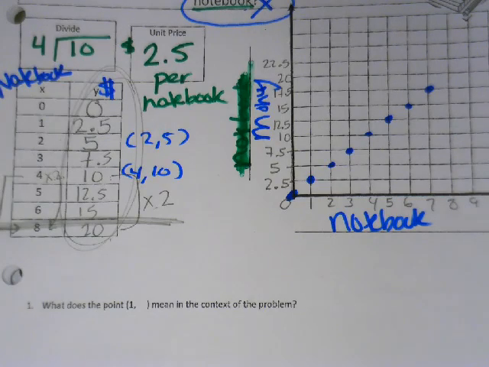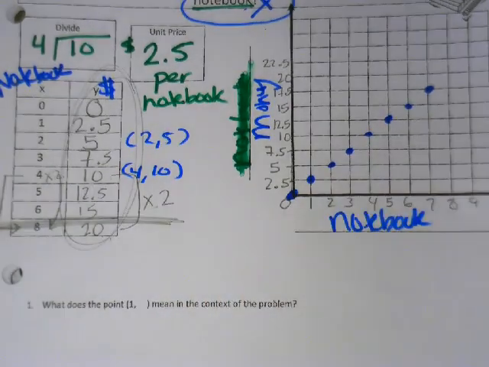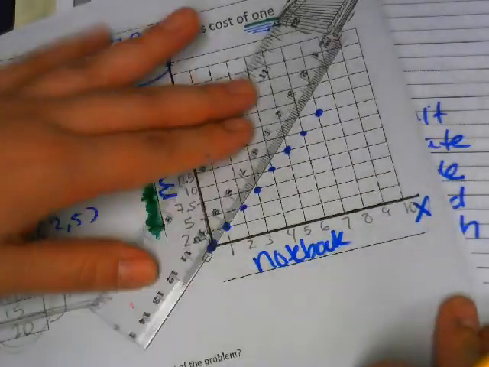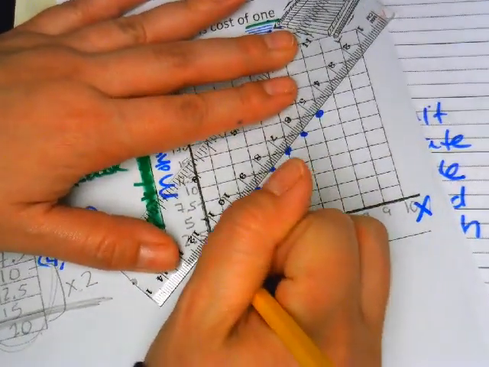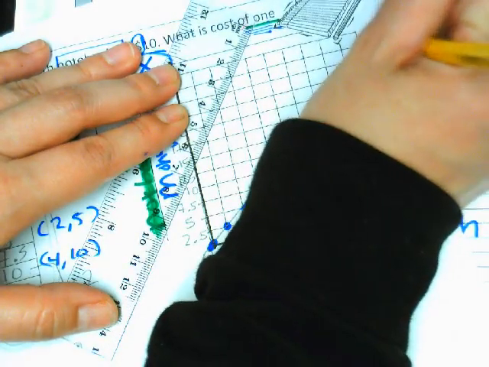Once you have a ruler, you can make the line longer. So you have a ruler. Do I just stop right here? No. If you have a ruler, Ava, you can keep going and put an arrow at the end, meaning